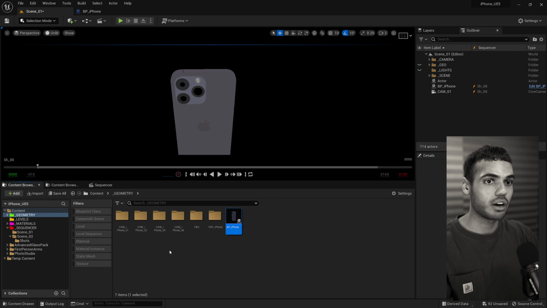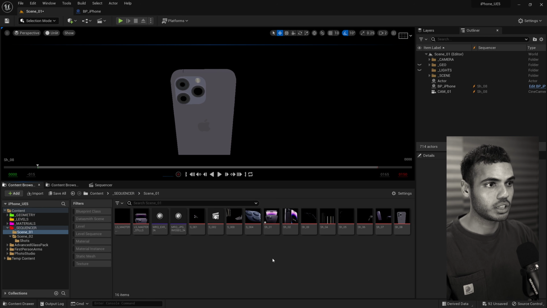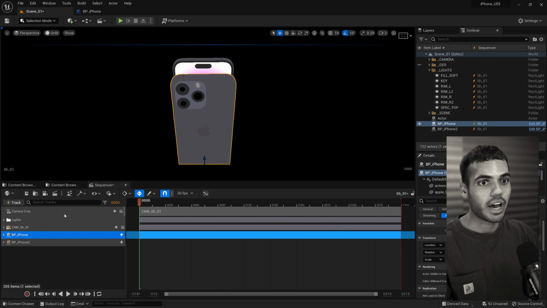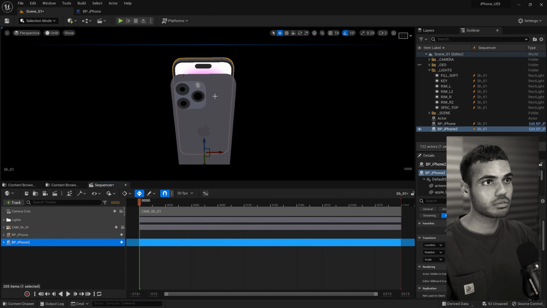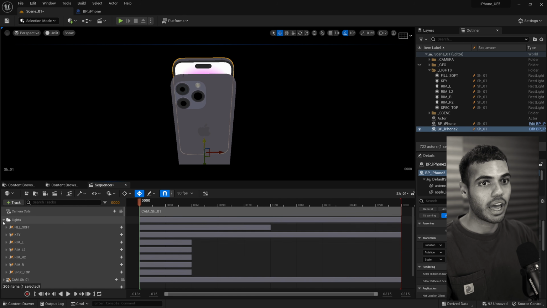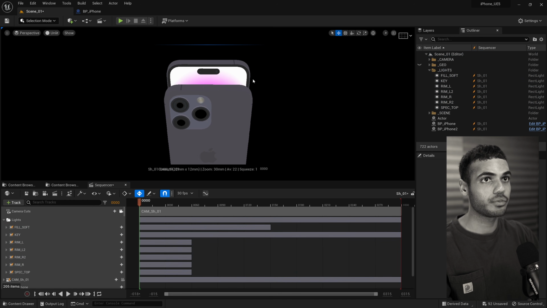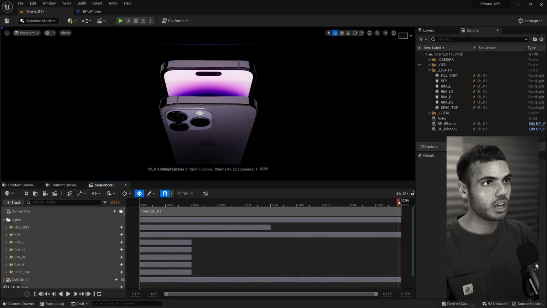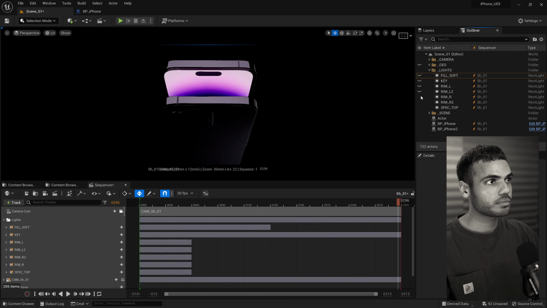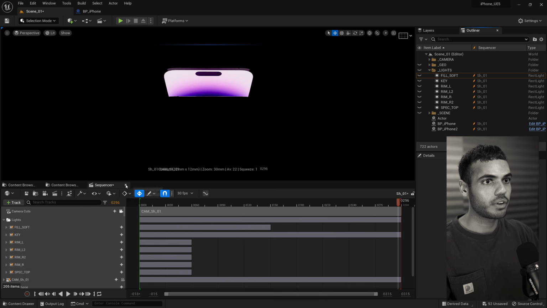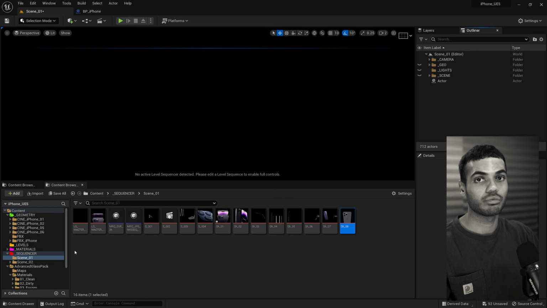So if I go back now to my actual sequence, you'll notice that these two phones are spawnable, so they just popped in, and I have a bunch of lights that are also spawnable. So these lights are unique to this shot. So if I go to here, press Alt 4 to go to lit mode, and I'll go to the end. All these lights are unique to this file. So if I close this, no more lights. So really useful for staying organized, as well as having specific lighting setups in one level or scene in your Unreal file.